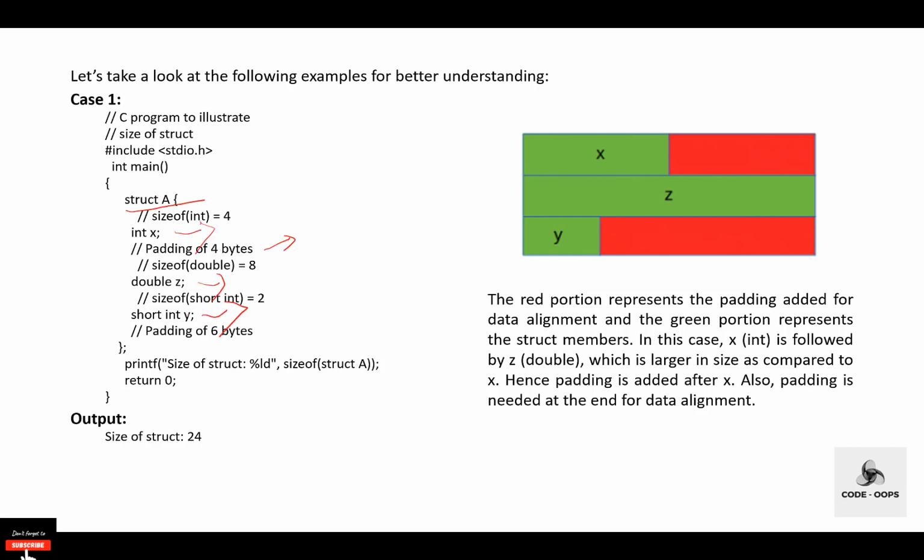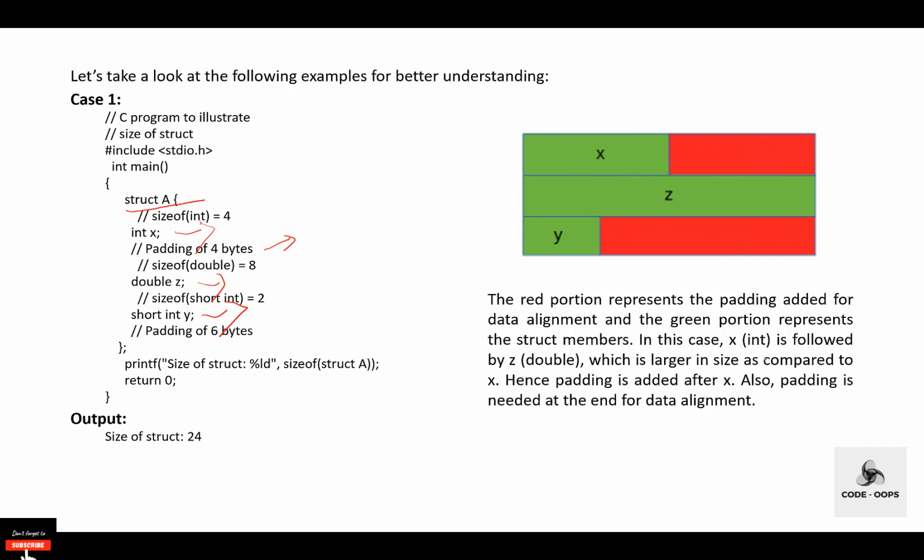Case 1. Struct A, structure A having three data members: int x, double z and short int y. Integer takes 4 bytes, double takes 8 bytes and short int takes 2 bytes. In this case, the red portion represents the padding added for data alignment and the green portion represents the struct members. In this case, x is of integer type